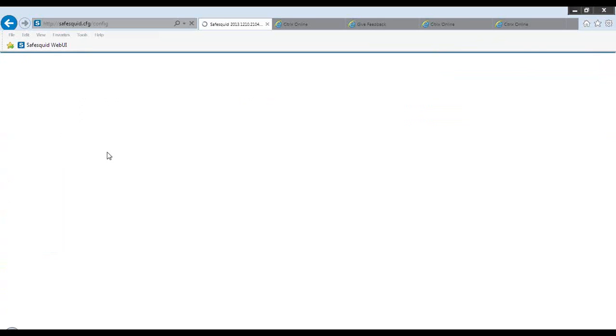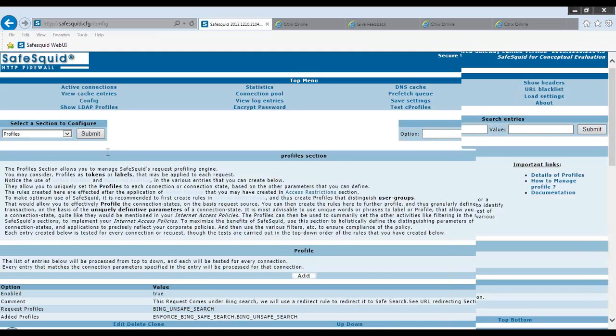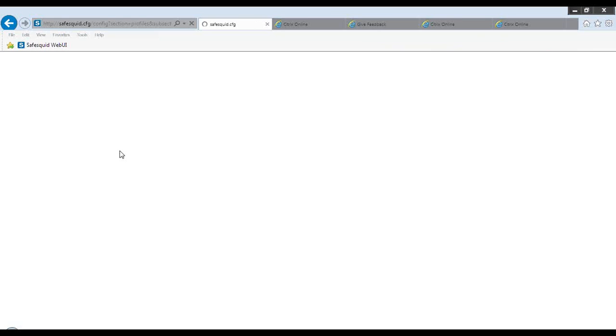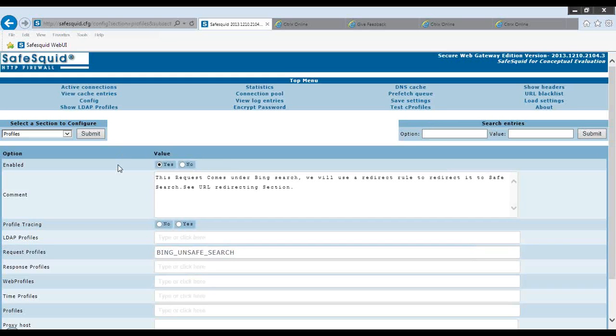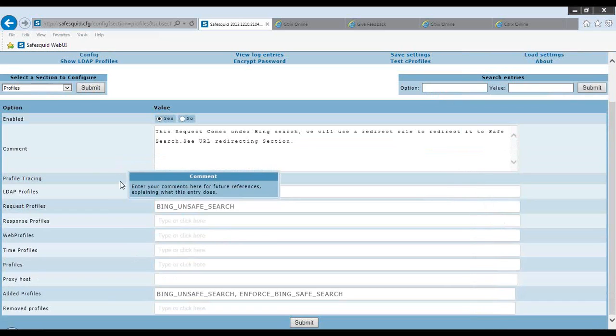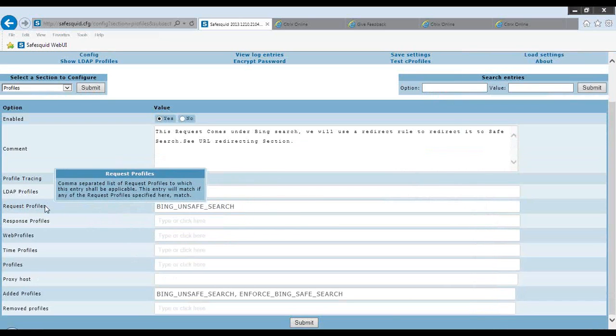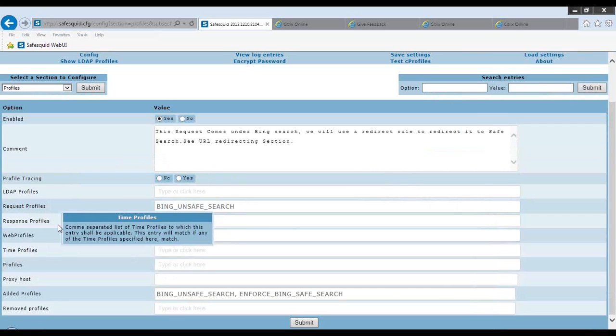The earlier profiling section had a lot of areas that you could be using to create your profiles. And I know SafeSquid is basically a profile-based internet distribution system. What we have done now is we have sort of decluttered it. What you have now is simple looking profiles, but you have a very powerful set of options now.